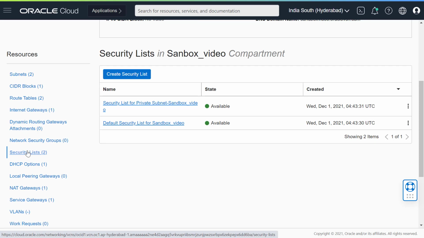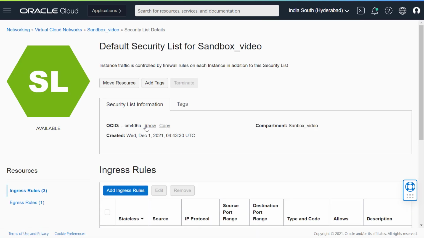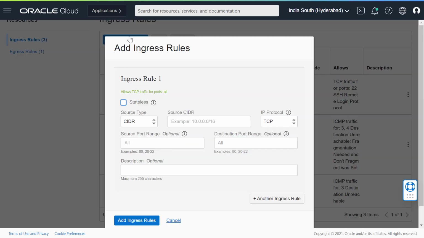To enable network traffic to reach your Windows instance, you need to add a security list rule to enable Remote Desktop Protocol access. Under Resources, click Security List. Click the default security list for your VCN. Add ingress rules. In source type, enter CIDR. Source CIDR can be